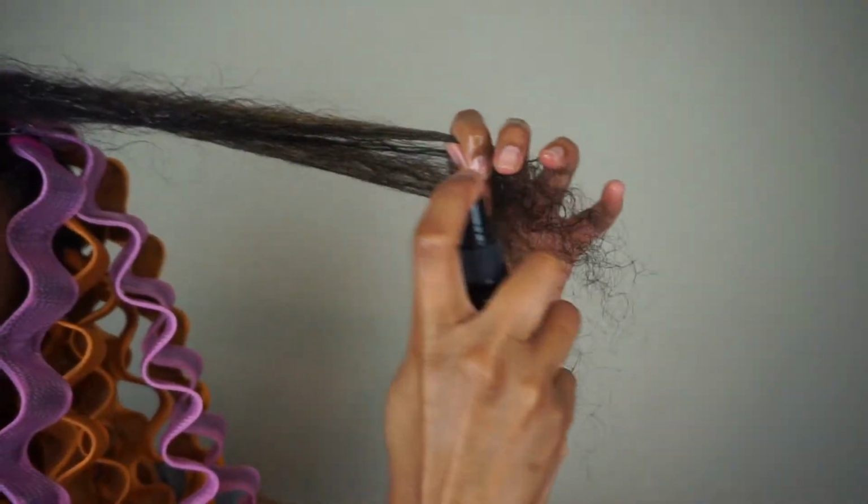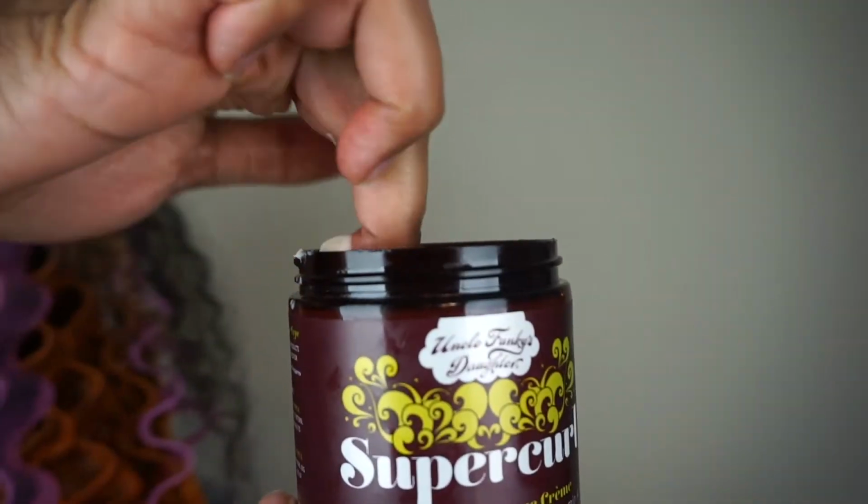So again, grab small to medium sections of hair and apply your Uncle Funky Daughter products, all of which are